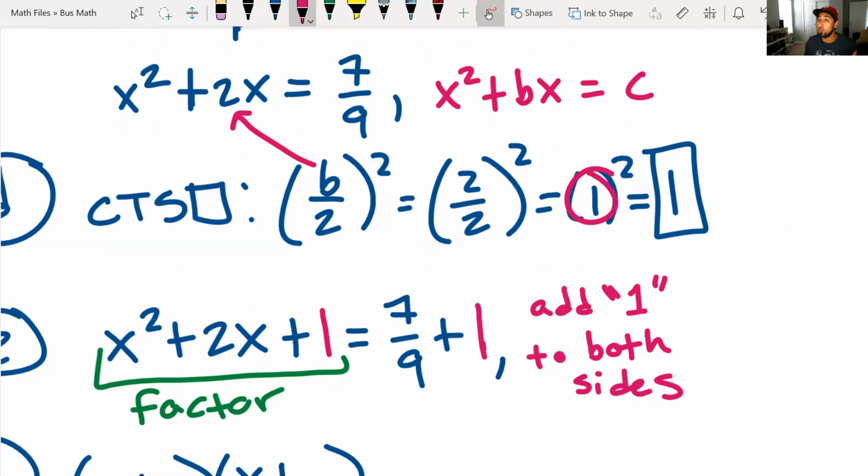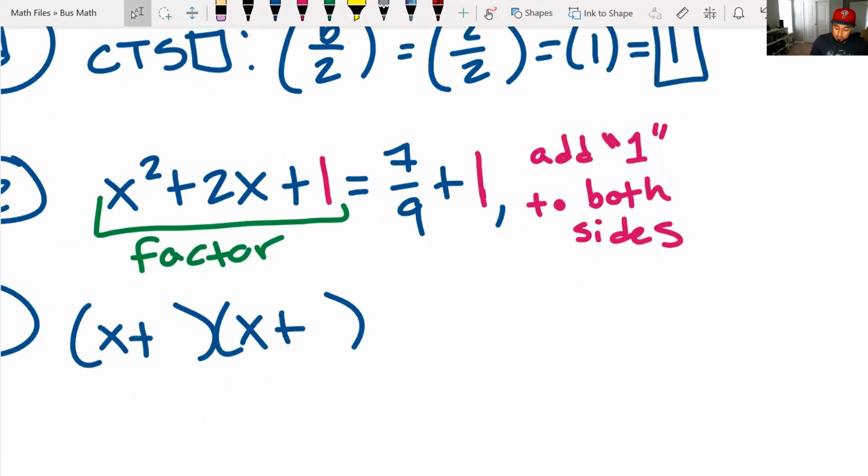That number is 1. It's a nice little trick that comes in handy, especially if these numbers are ugly, which we will probably get ugly numbers. So you'll get 1 and 1, and then equal to, and then over here was